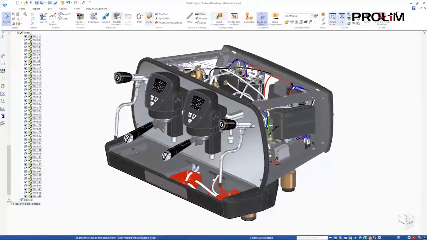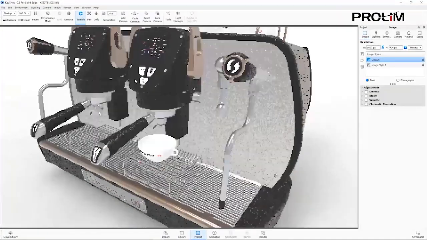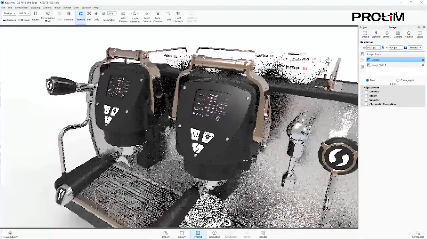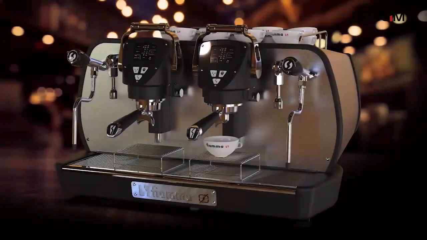KeyShot, the best-in-class rendering solution, also sees some impressive updates. Decals defined in Solid Edge may be automatically transferred, saving time and effort, which can be seen on the logos of these cups and digital screens. Solid Edge, engineered